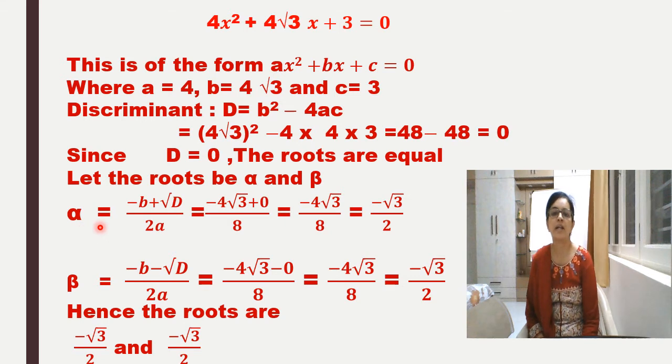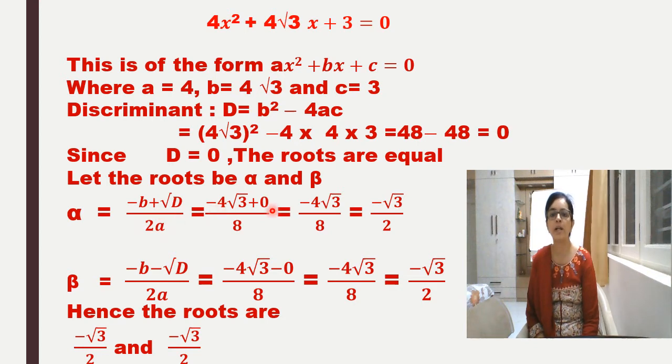So let us find the first root alpha. As I told you, don't write root of b squared minus 4ac again and again. Just write root of D. That's enough, because you have already found D. You do the sum in such a way that it consumes less time. So you have to find tricks in which less time is consumed. You have to save time during your exams.